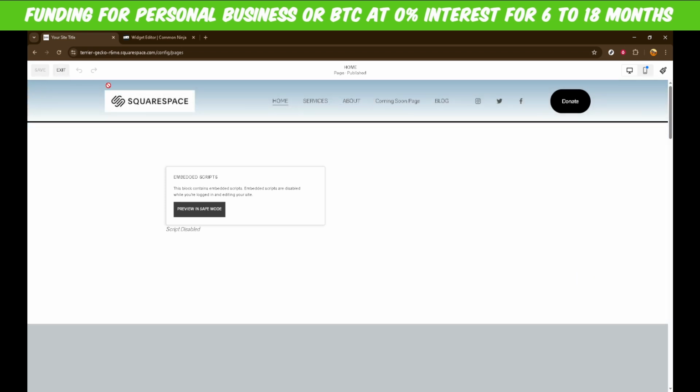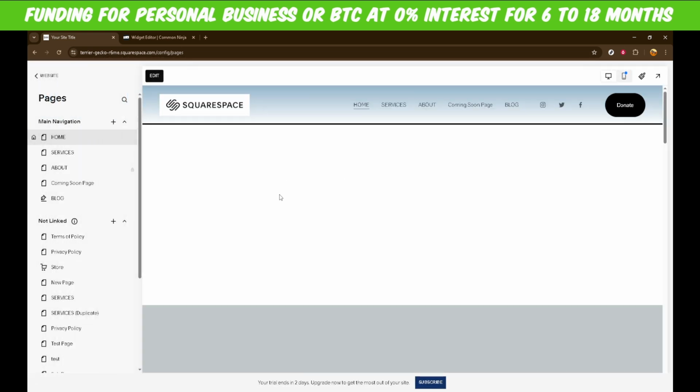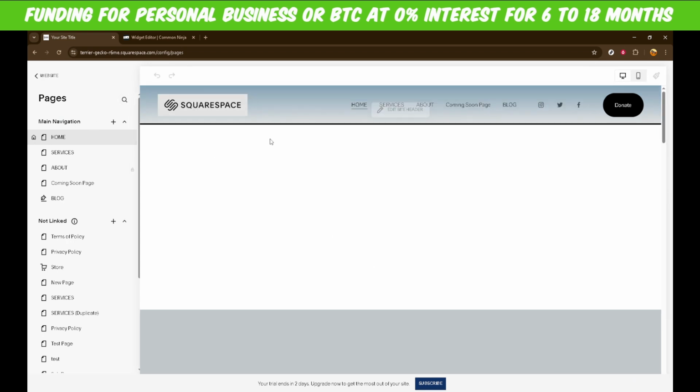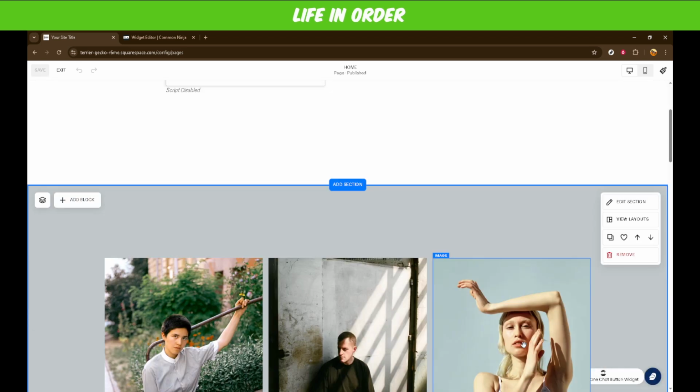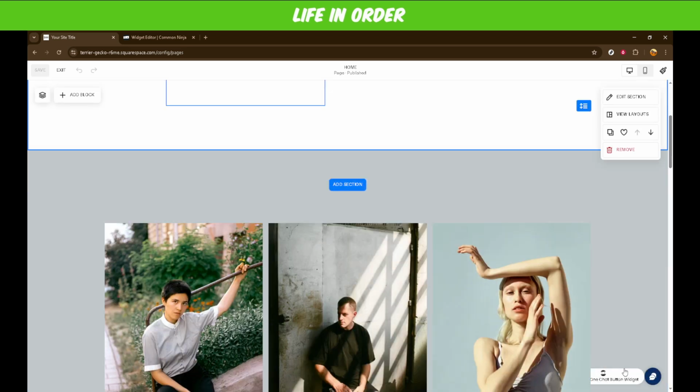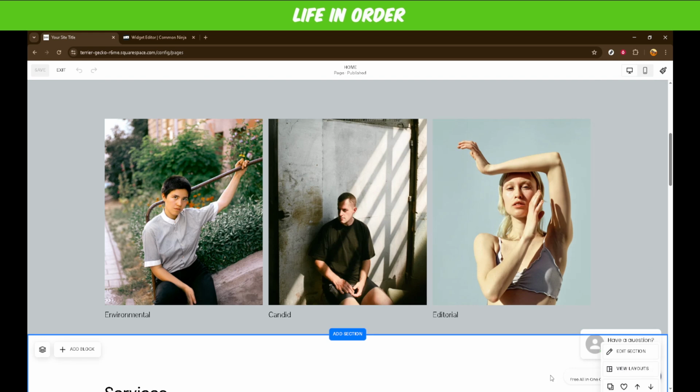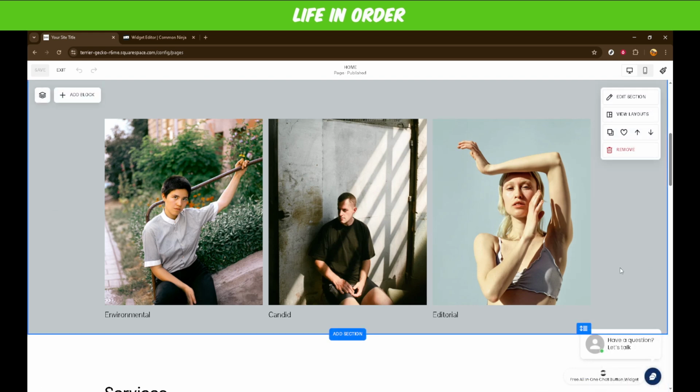This step binds the code to your Squarespace page. Finally, save your progress by clicking Save. With this, your chatbox should now be active and fully functional on your website. And there you have it, a fully integrated chatbox on your Squarespace site. Implementing this feature can remarkably boost customer interaction, providing a